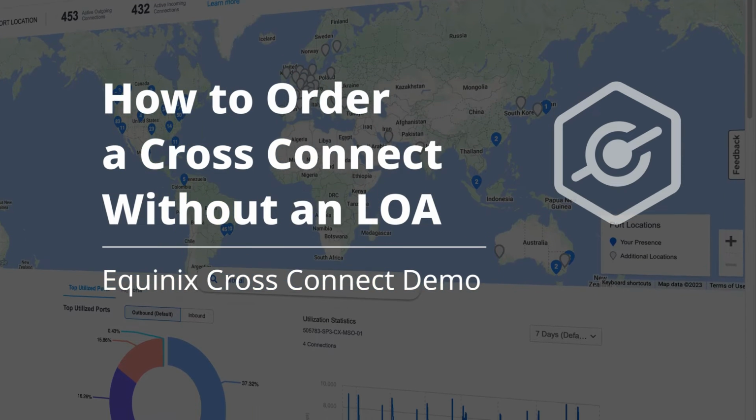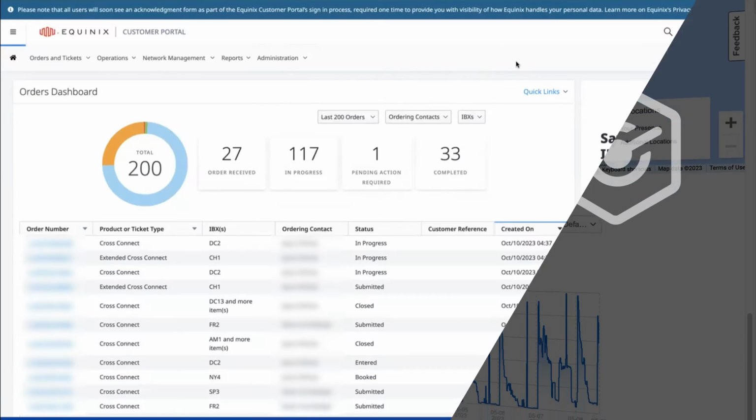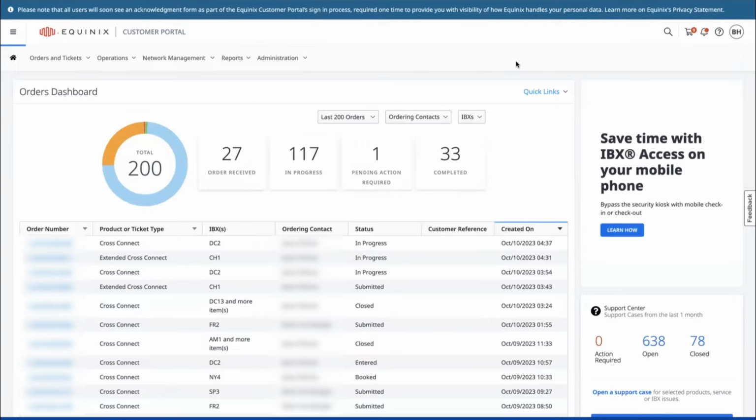In this video, I'm going to walk you through the new unified cross-connect ordering experience and place an order without LOA. We have introduced a new ordering experience that allows an easier, optimized, and precise ordering view. This new experience provides an updated design, ordering workflow, and robust feature enhancement, which gives a customer unique experience across